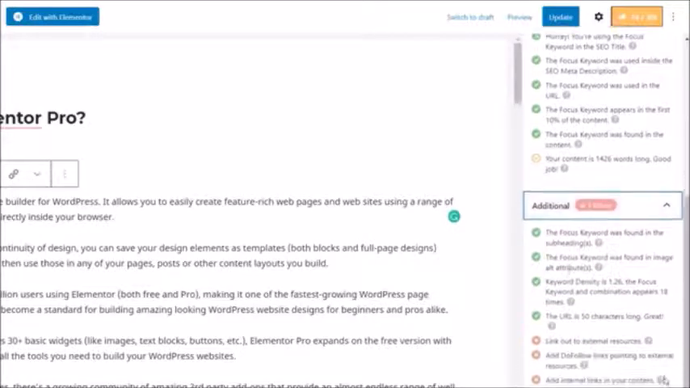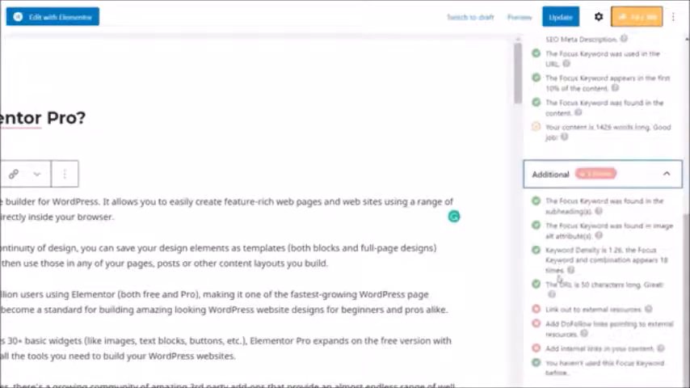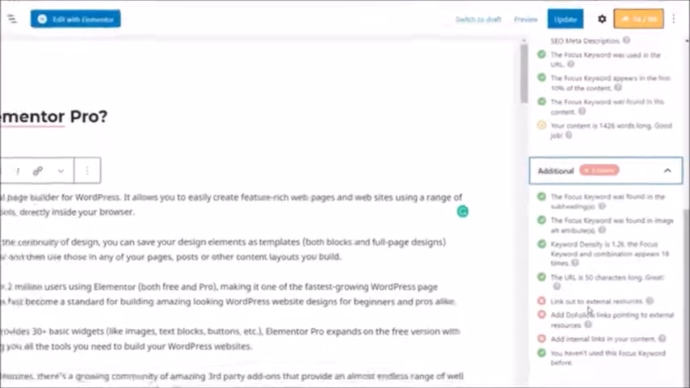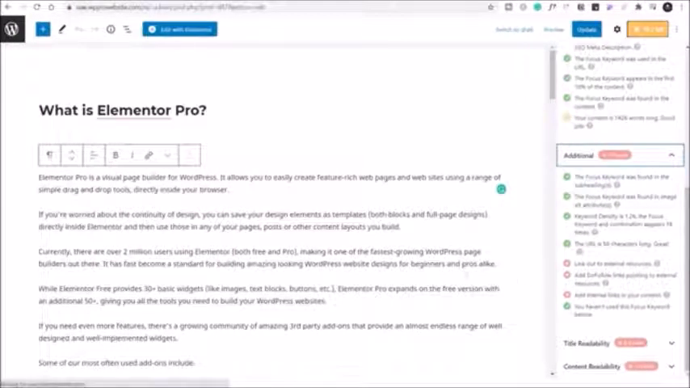Open that up, you can see we're green ticks on 4 or 5 of these options, but we do have a couple of options inside here, or a couple of pieces of information that we're not doing too well on. Link out to external resources. One of those things that's incredibly easy to rectify. All we need to do is come into our article, look for something that's relevant to an external link, in